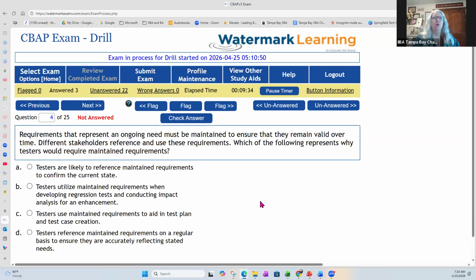Requirements that represent an ongoing need must be maintained to ensure that they remain valid over time. Let's stop there. Whenever we're talking about maintaining requirements, I want you to remember what the BABOK's definition of maintaining requirements is. Maintaining requirements talks about